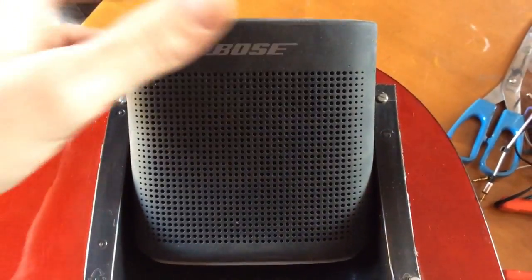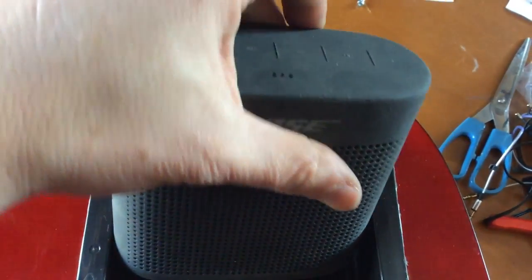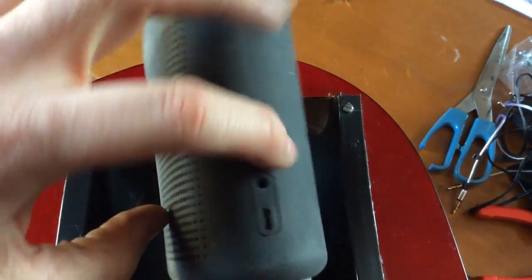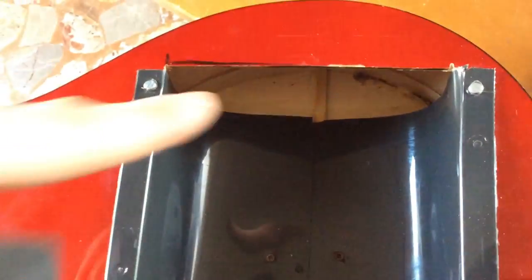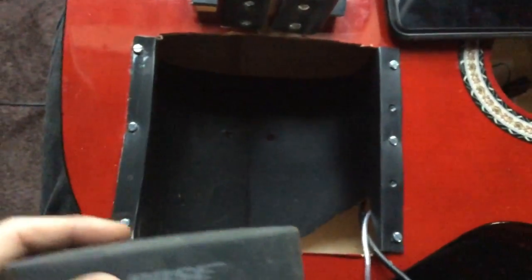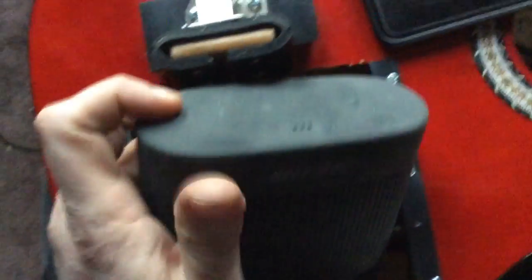The speaker has got Bluetooth capabilities, but we are not using them because it gives the instrument too much latency. So we will use the line in, that is here. This is the input and this is the power supply. So we have to make a hole in the DVD cover on the left side to make space in this way for the cables. Okay, this is how I resolved it. I had to enlarge this hole a little bit because it made the movements of inserting and extracting more comfortable, and now